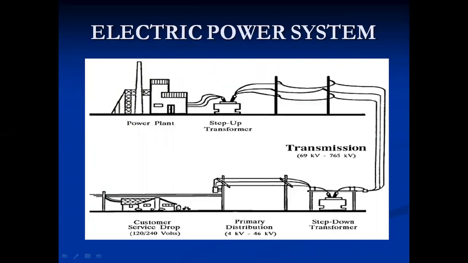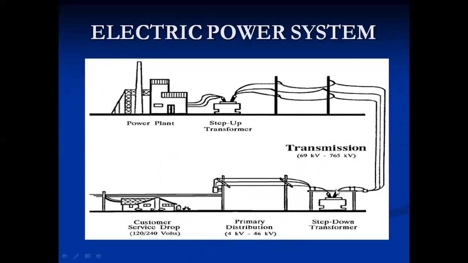So this is the single line diagram of the power system, showing what goes on from generation to distribution. The power generated in the power plant at a voltage of 6.6 kV or 11 kV is stepped up by the step up transformer to a high voltage and then goes to the bus bar. From this point, the power is transferred to the next bus bar, stepped up again, and transferred to this transformer. This is the step down transformer.